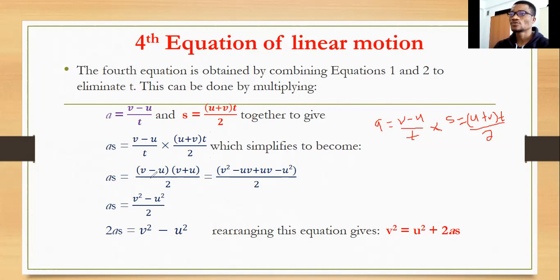So we have v minus u, and again you keep cross multiplying, which simplifies as this, v plus u will simplify. Do I need to give a thorough explanation on this? This is also very simple to derive. So as is given, and then divided by 2,